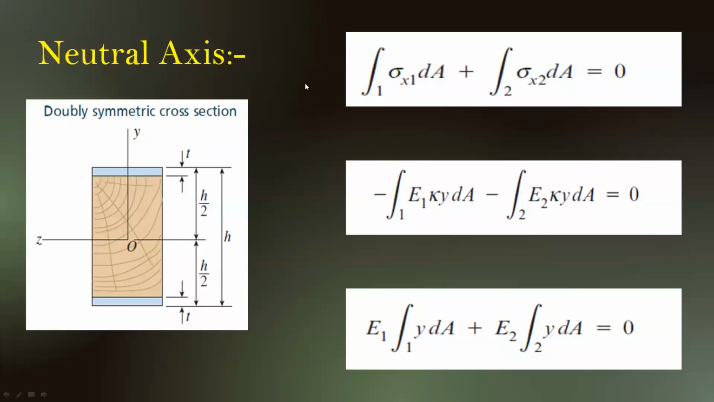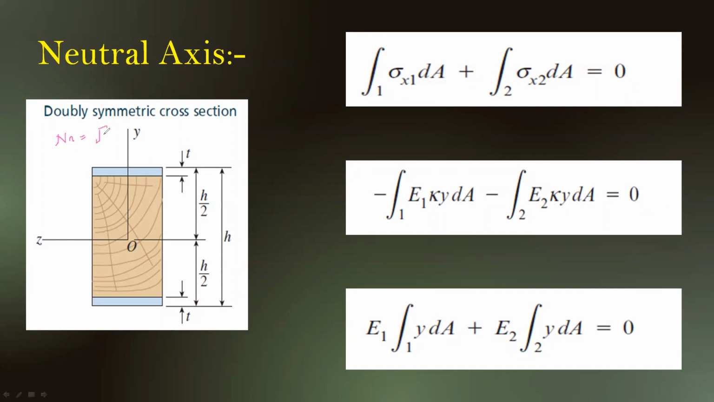In the overall analysis of these beams, first of all, is the location of the neutral axis. Without the location of the neutral axis, the analysis cannot be performed. So first of all, we should locate the neutral axis. Just as I was stating, the neutral axis is an axis on which